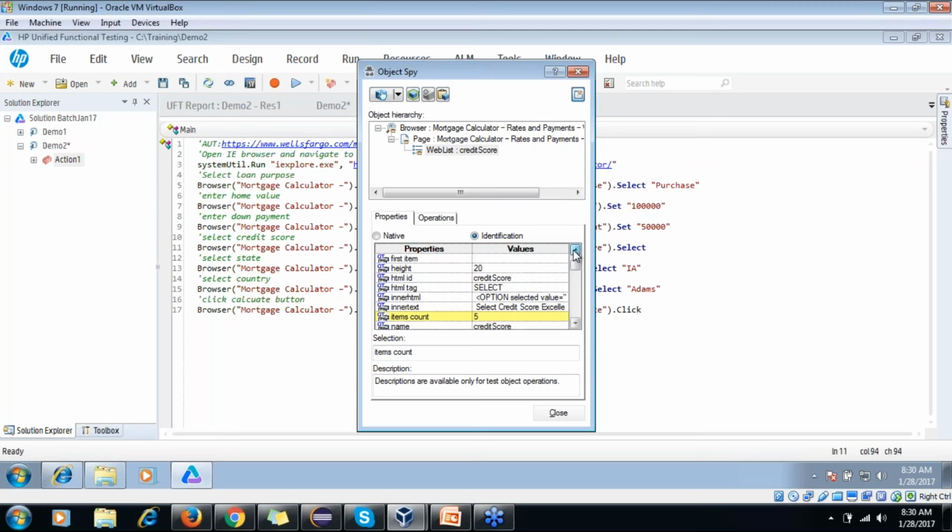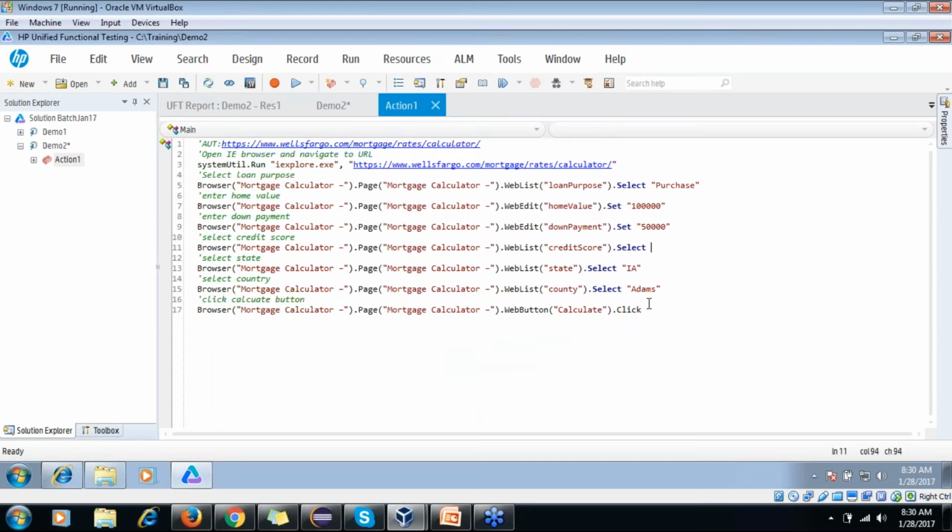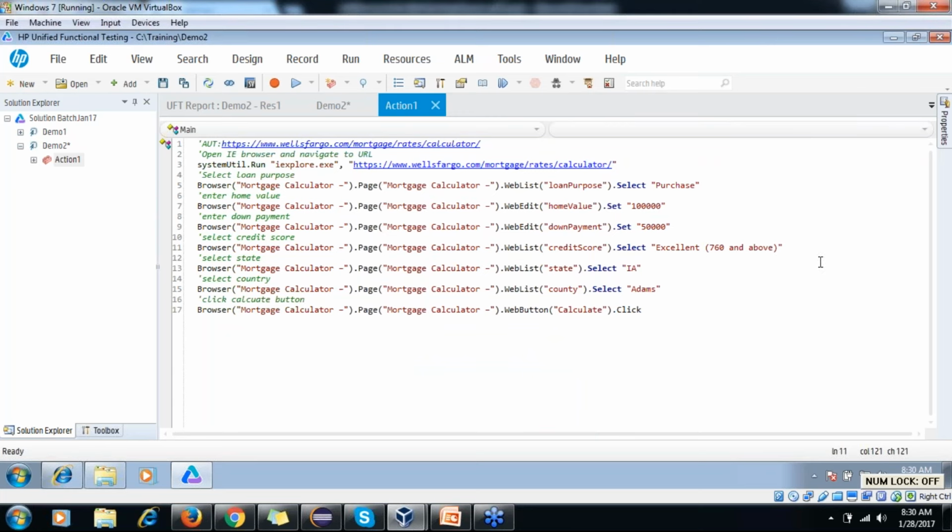We'll take up these things, but let me check, and I'll copy this option from here. Let me close this. So this option I want to select.